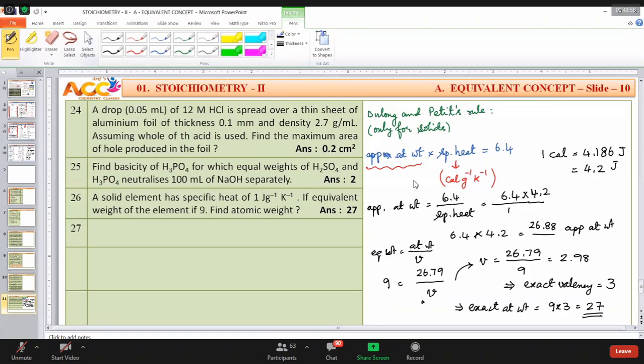Fine. And that is the end of stoichiometry 2. The concept of equivalents is very, very, very important. You have to keep solving problems on the concept of equivalence. Coming week, we are having an examination based on stoichiometry 2 only. One or two questions may be from the previous topics, but the majority of the questions will be from stoichiometry 2. Monday, we'll start stoichiometry 3, inshallah. Thank you. Assalamu alaikum.